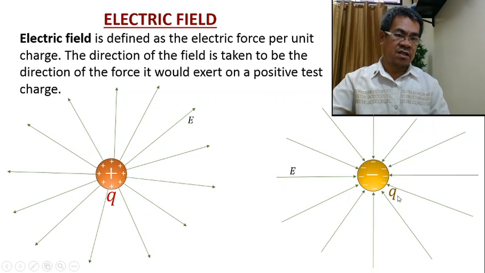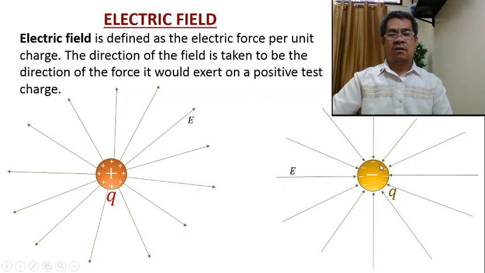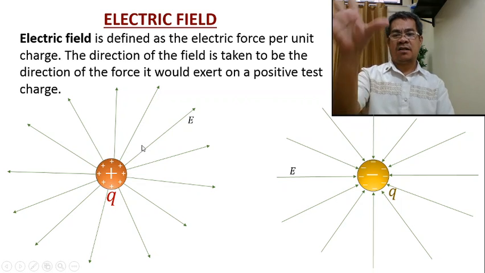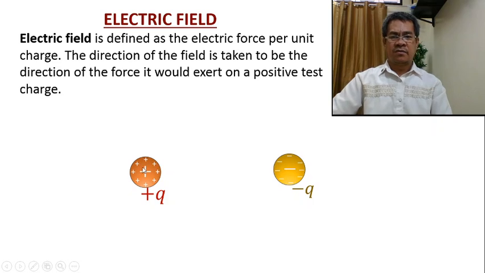So take note that the greater the charge, the greater the electric field. If you have more charge, you have more electric field. Now what will happen if we move these two charges close to each other? Because this is a positive alone and this is a negative alone, what will happen if we make the two charges interact? This is the so-called superposition of electric fields. Suppose we have the same magnitude of charges but they differ in sign, we call this an electric dipole. So an electric dipole has the same magnitude but opposite sign.